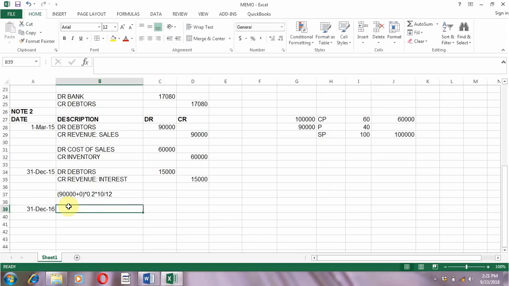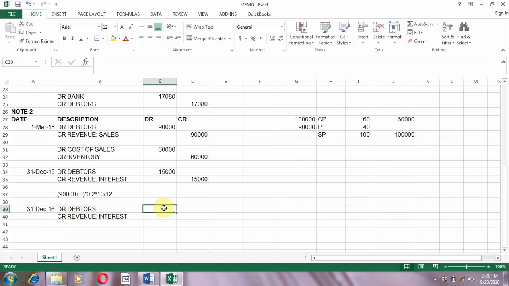And here I need to now do two things. I need to calculate interest once more, and I need to take into account that a payment should now be received in full. So I will repeat again, debit the debtors, credit the revenue, interest,